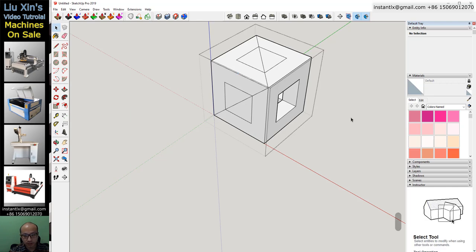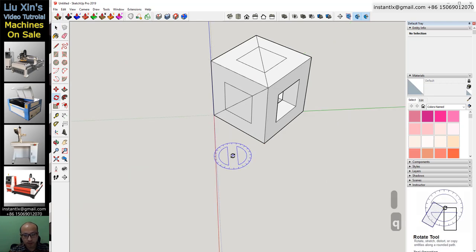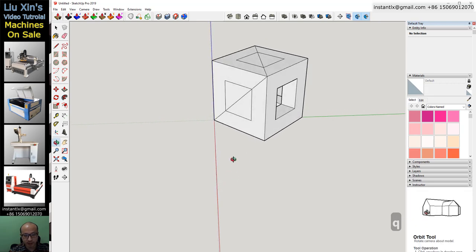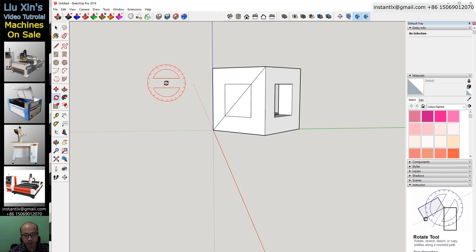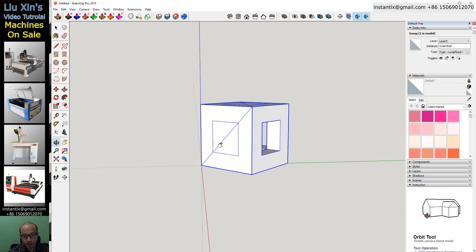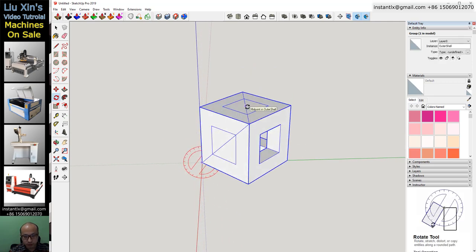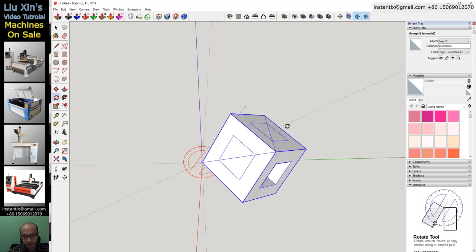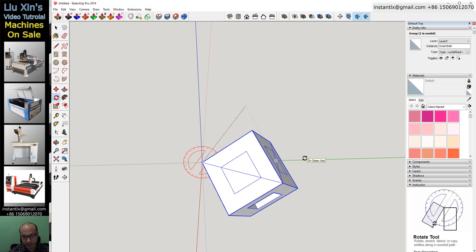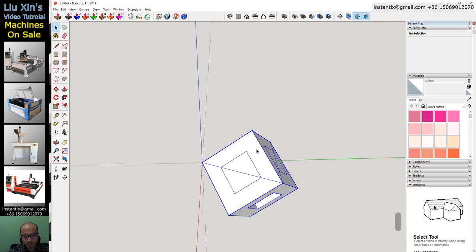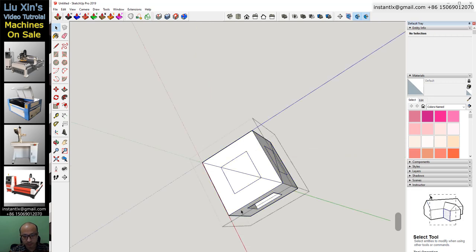Okay, Q for rotate, and in this angle, make sure it's red. Hold the Shift key from this point and to the middle point, and rotate until this line coincides the green axis. Okay, space, double click,